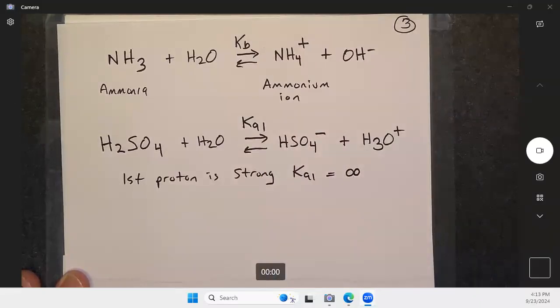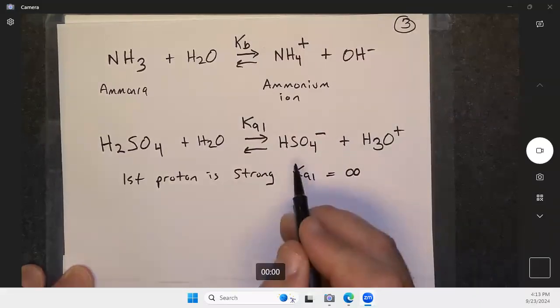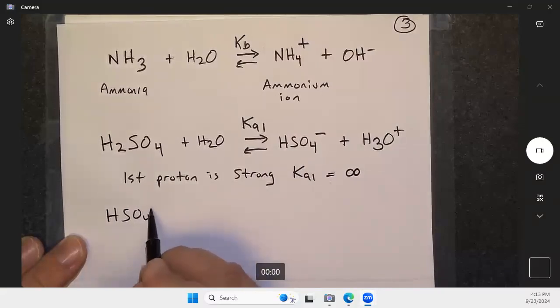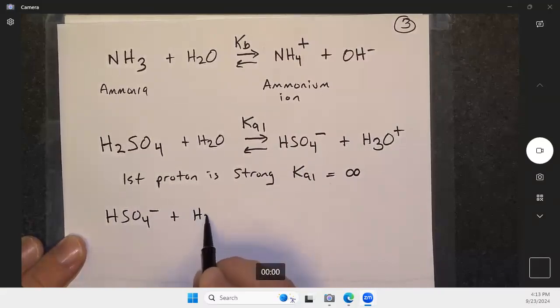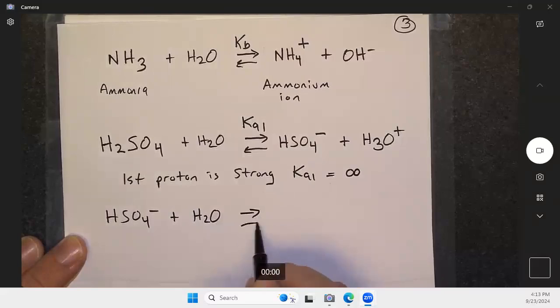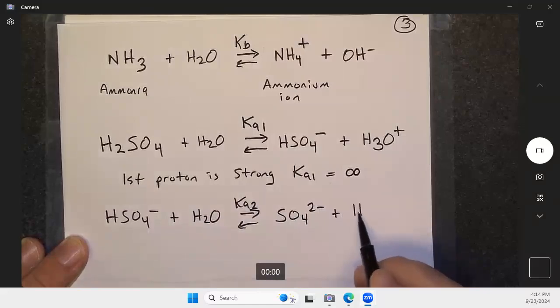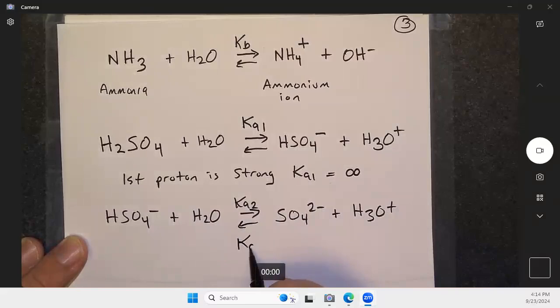Right? So we can take that and we can write HSO4 minus, and we can have it react with water through its Ka2 equilibrium, and we end up forming SO4 2 minus and H3O plus, and Ka2 is equal to some number